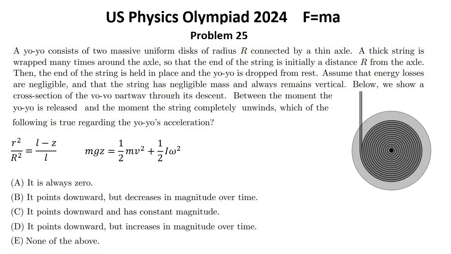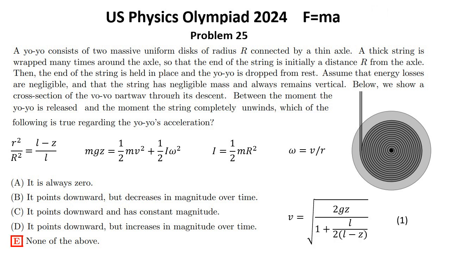If the disks have total mass m, conservation of energy gives mgz equals 1/2 mv squared plus 1/2 I omega squared, where I equals 1/2 m R squared. But omega equals v over r. Solving for v gives formula 1. We can set the first derivative of this expression with respect to z equal to 0 to find that the maximum is around z equals 0.6 L. Intuitively, in the beginning the yo-yo has roughly constant acceleration downward, but as the string unwinds, more of